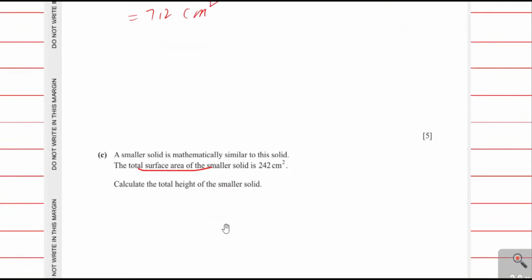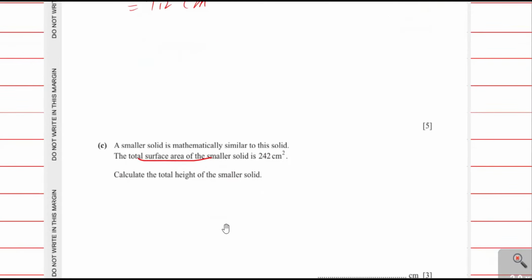Part C, a smaller solid is mathematically similar to this solid. The total surface area of the smaller solid is 242 centimeter square. Calculate the total height of the smaller solid. The area of smaller solid, we suppose that is A1 and the area of larger solid is A2. This will be equal to height of smaller solid over height of larger solid